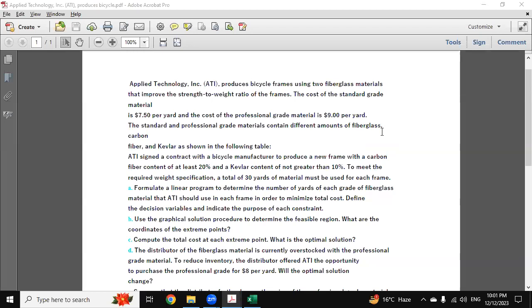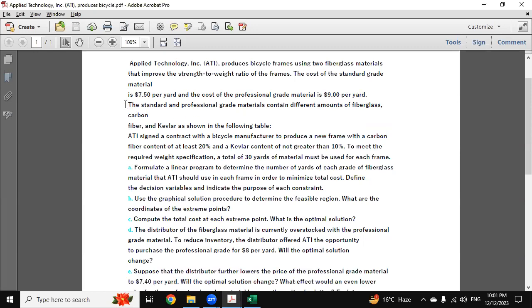So today we are going to provide you the solution for this linear programming question. Applied Technology, Inc. produces bicycle frames using two fiberglass materials that improve the strength-to-weight ratio of the frames. The cost of the standard grade material is $7.50 per yard and the cost of the professional grade material is $9 per yard. So they have provided the constraints here,